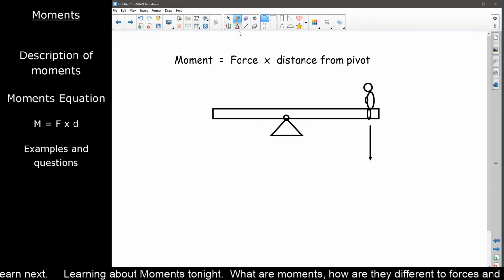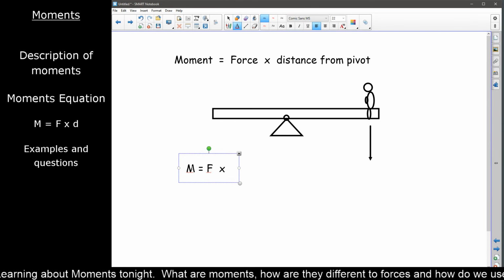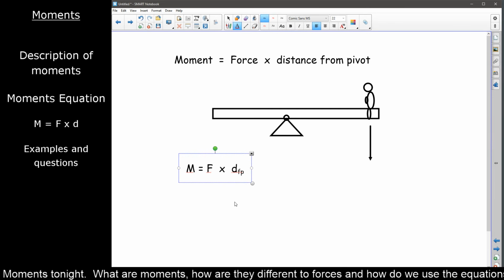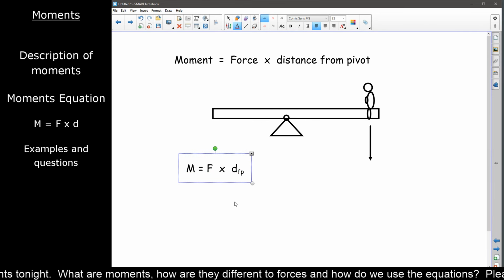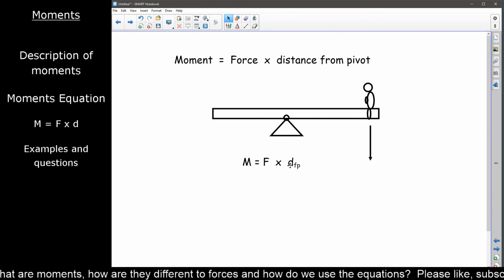Now, shortened form, that is moment equals F times D. I like to put a little FP in subscript there. You certainly don't have to, it's not on the mark schemes, but I like to remind myself when I'm working these things out that it's distance from pivot, because those sneaky examiners, what they will do is that they will,